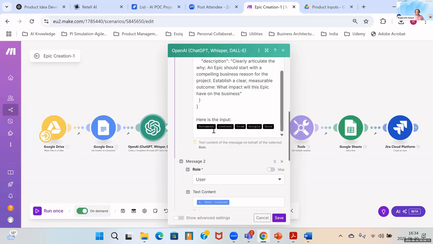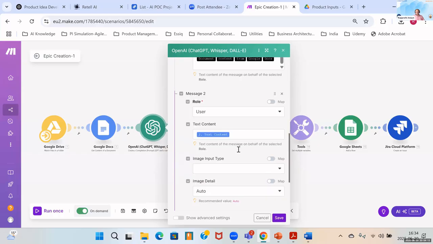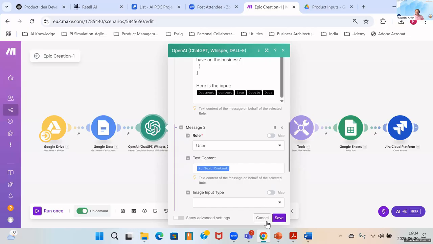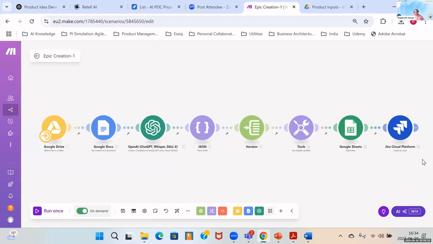And these are the parameters. This parameter, this text content, the blue colored one, is actually coming as an input from the Google folder over here. So the GPT takes this as a prompt and this as the parameter, and then it generates the output and passes it over here, and then the rest of the steps follow. So it's all connected via APIs. I have an API for this, I have an API for the Google folder, and I have an API for the Jira platform.